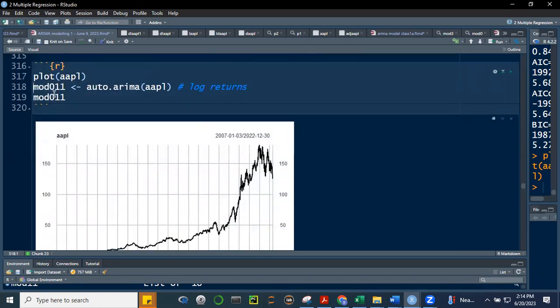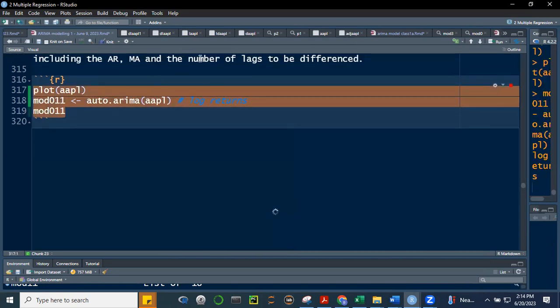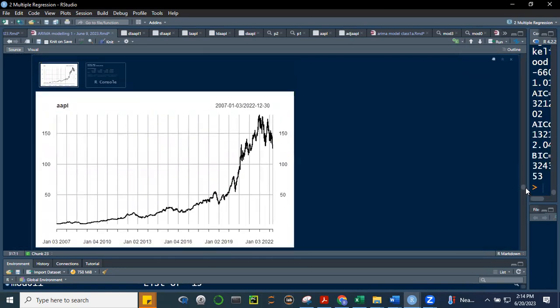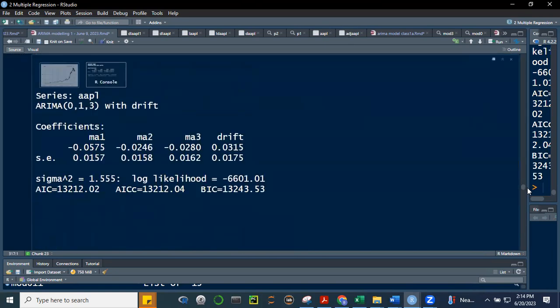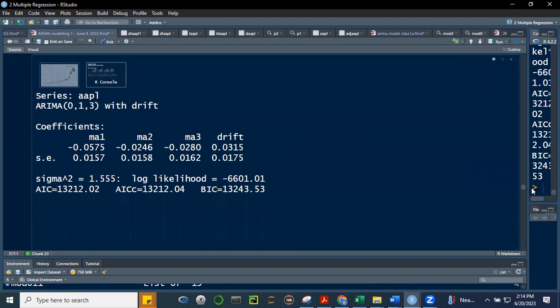So we're creating this object mod011, auto.arima AAPL. Okay? So i-run natin tong dalawang to. Okay, and let's see what happens. All right. So medyo iba, no? Medyo iba. Ang AAPL natin, all right? So ang sinasabi niya